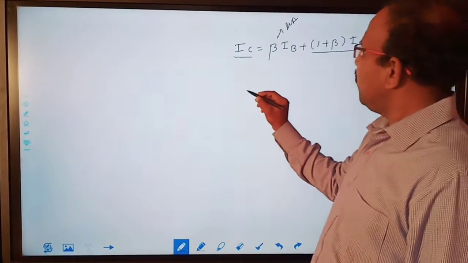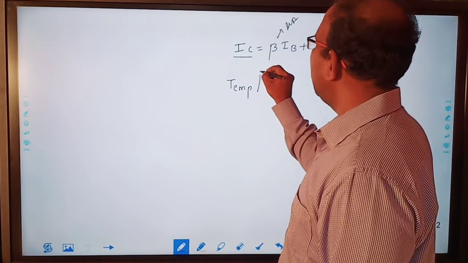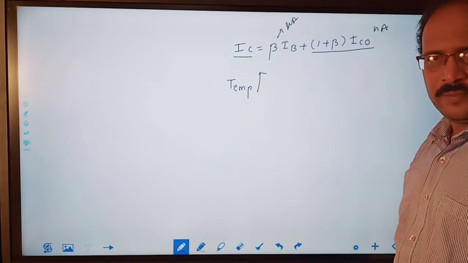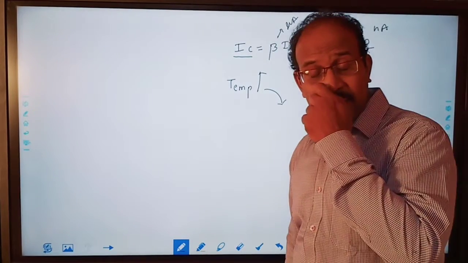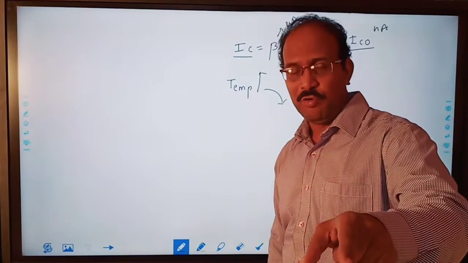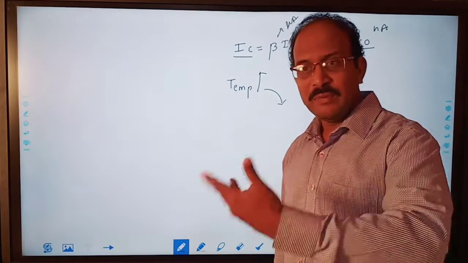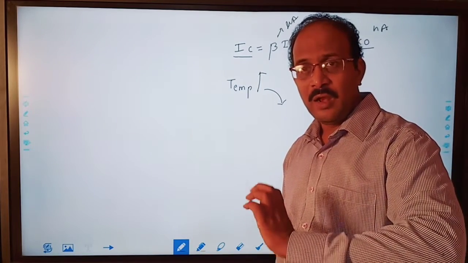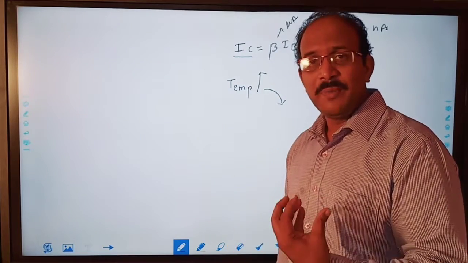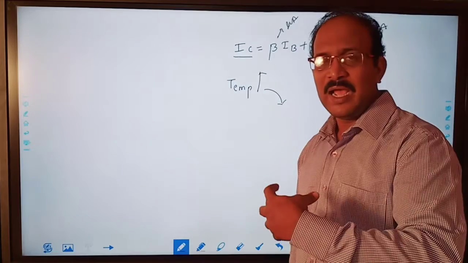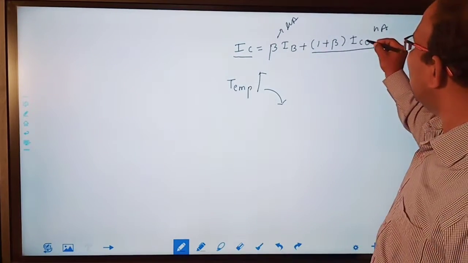Correct. Now in the transistor, what happens because of change in temperature? Suppose environmental temperature changes. That will increase the minority carriers. As I told last time, minority carriers cannot be controlled. Minority carriers are temperature dependent. And you know what happens in majority carriers and what happens in minority carriers. Why minority carriers are more sensitive to temperature as compared to majority carriers, that I have explained with the percentage. So you know this ICO will increase.